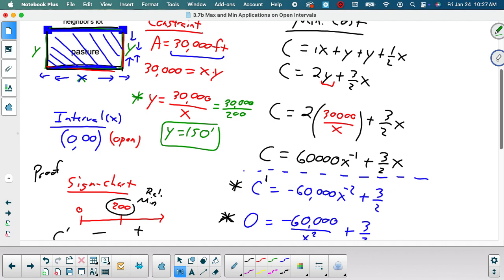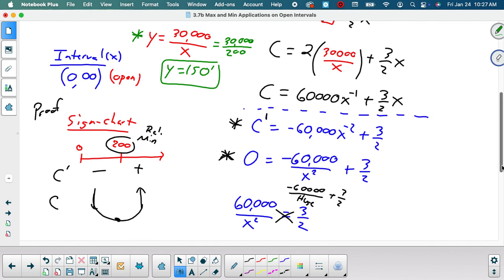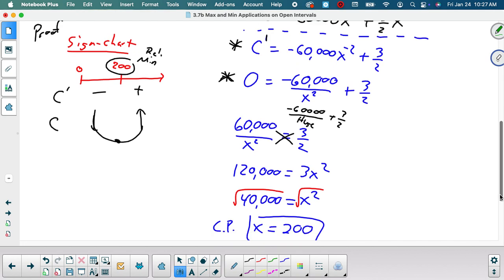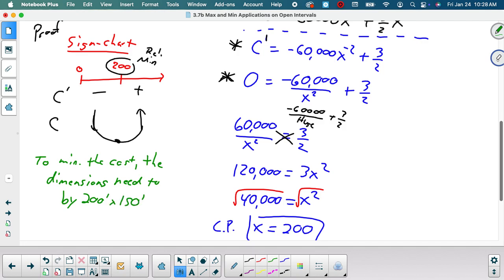And now I can write my sentence. So what are the dimensions to minimize my cost? I can say something to this fashion: to minimize the cost, the dimensions need to be 200 feet by, as we're dealing with feet here, 150 feet. Those are my dimensions. But now I can't just say this. On a test,